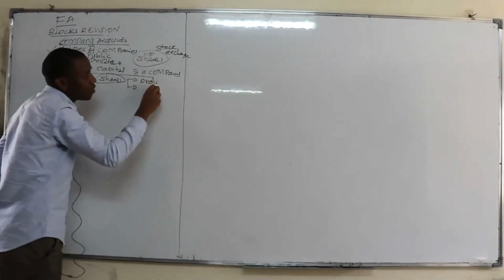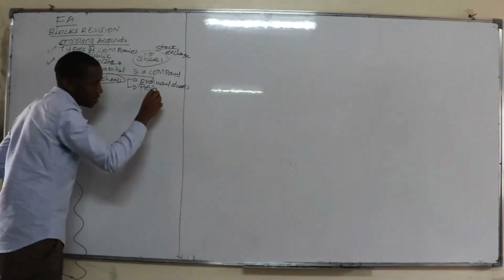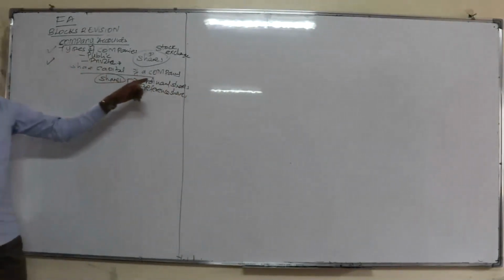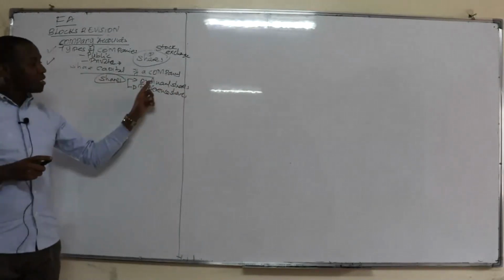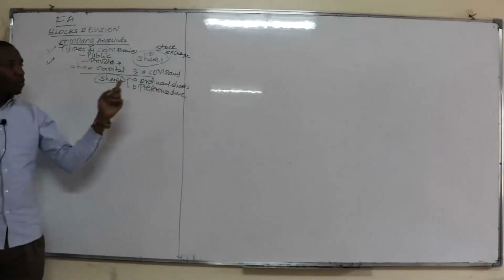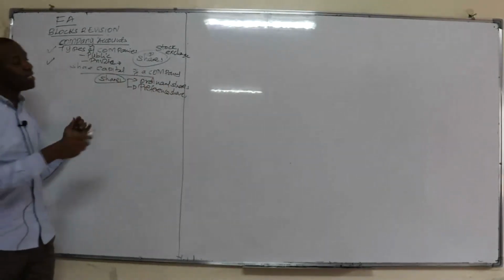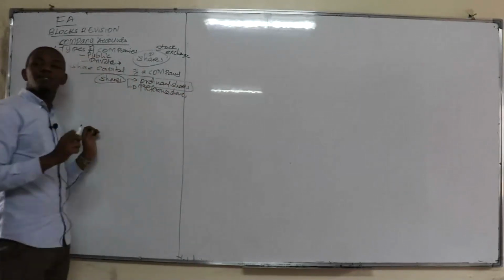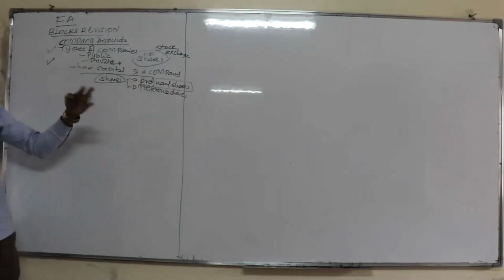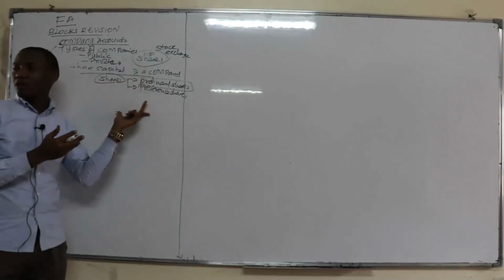There is what we call the ordinary shares, and then we have what we call the preference shares. Now, when you talk of the ordinary shares, these are the common shares, which in this case, are those shares that once you are issued, you have the right of ownership, or generally, you have the control over the company. But the only limitation to this one is the dividends. Remember, for the shareholders, once you buy the shares, what you are waiting to receive is the dividends. Dividends in that case is the profit that you will be getting out of the shares that you have bought.